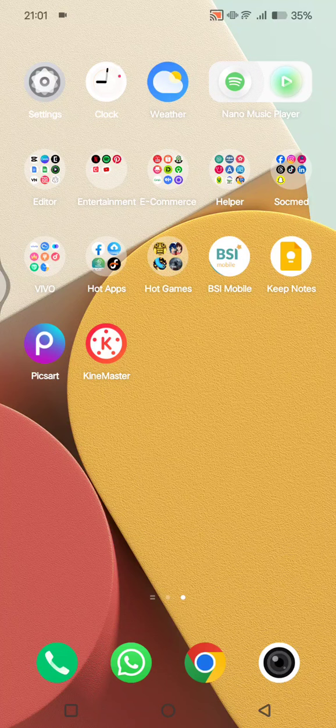On today's tutorial, I'm going to show you how you can check your Android screen time to see how much time you spend on your phone. So in here, if you want to know how much time you spend in a day on your Android phones, you can start by going to the settings of your Android phones,